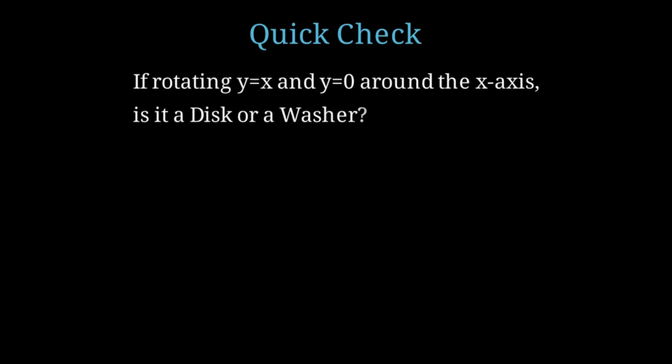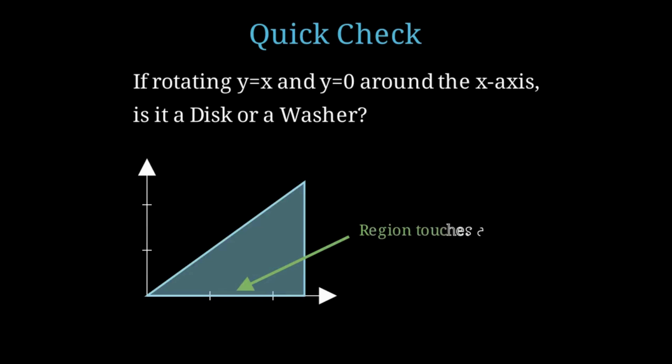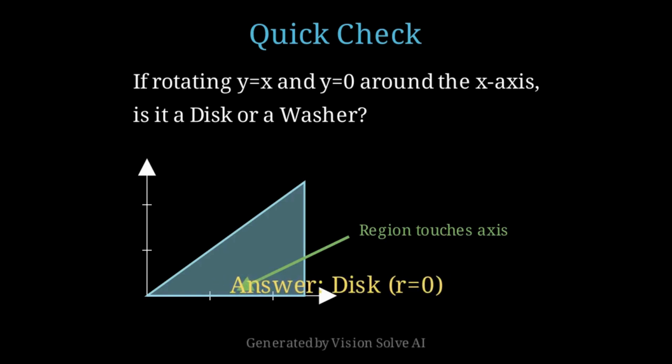Quick question: if the region is bounded by y equals x and the x-axis, is this a washer? No, because the region is flush against the axis, the inner radius is 0, making it a simple disk. The washer method is just a disk method where the whole